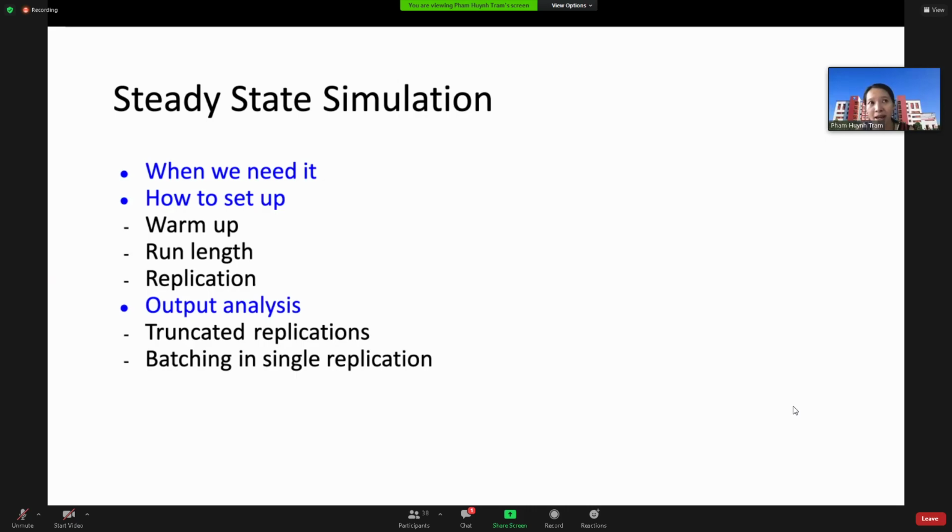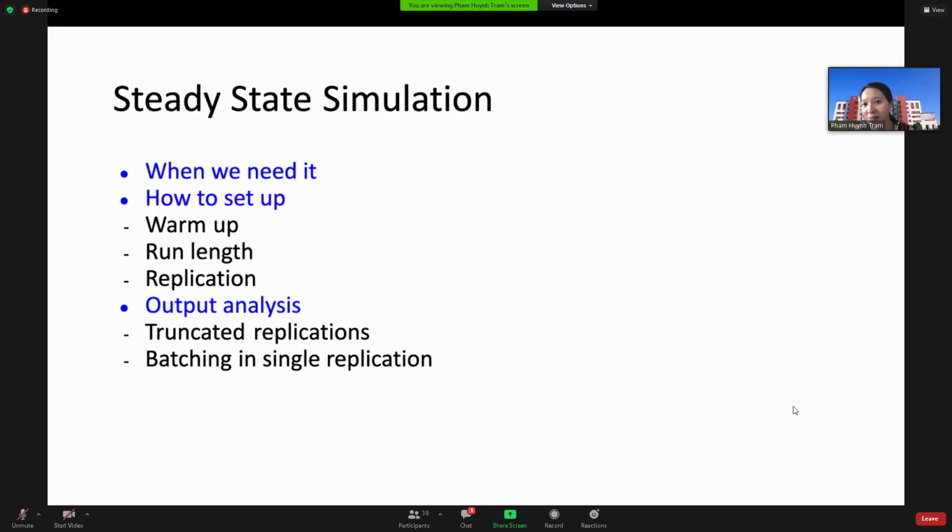A system may by nature run continuously, and what we want to evaluate is the performance of a system which runs continuously in its stable state. Let's say it's like a restaurant. When we open the restaurant at the beginning, we have few customers, then the customers increase, and then the customers reduce,